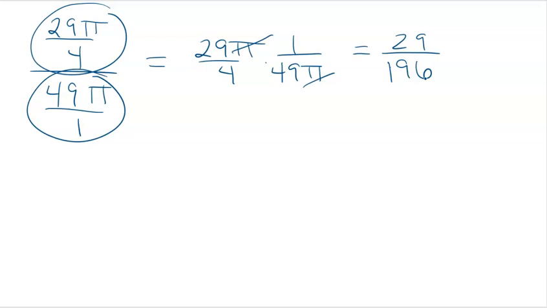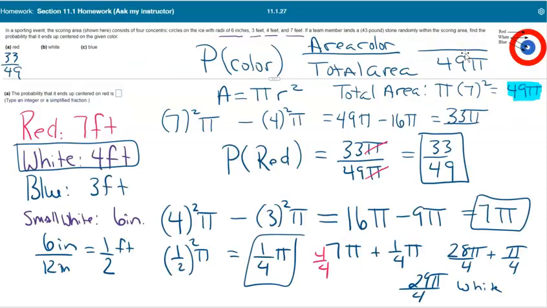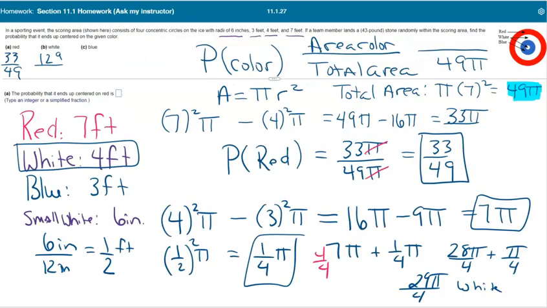Do that have any common factors? I'm just going to divide that by 29 to see. Certainly not 29. We know 29 is prime, and 29 does not divide into 196. So the probability of it landing in white is 29 divided by 196. Again, I almost messed that up because I forgot about the little bitty white part in the middle. So 129, and that is the hardest one, over, what was it? 129 over, no, 29 over 196. So let's fix that. Not 129, just plain old 29